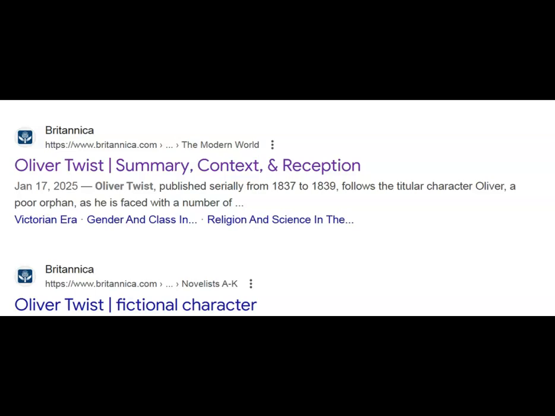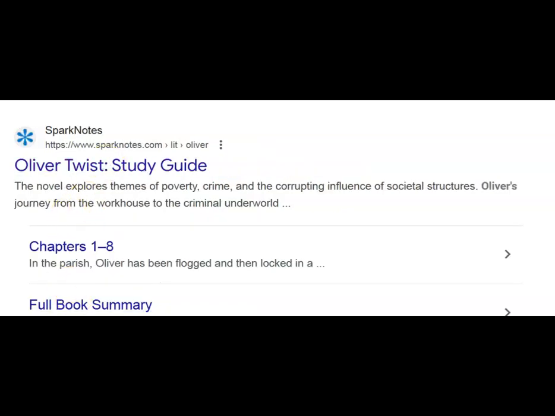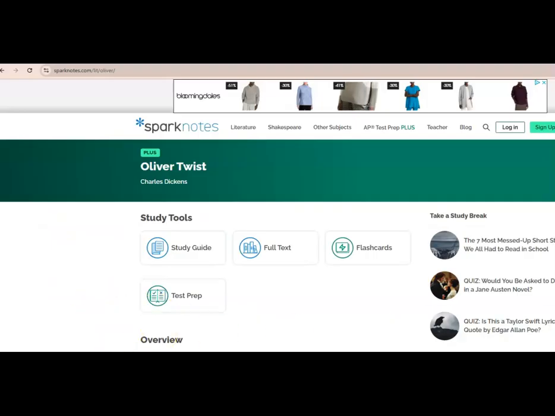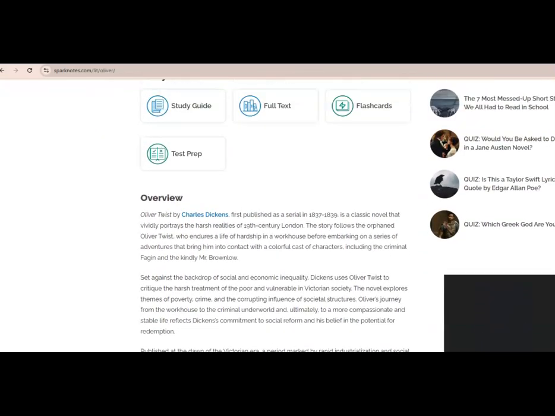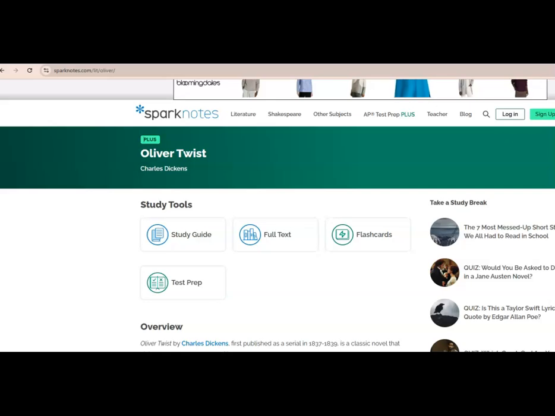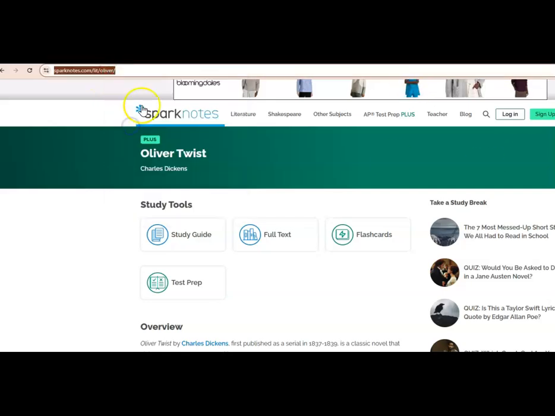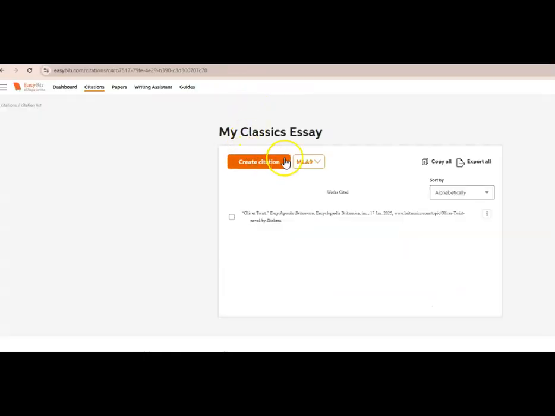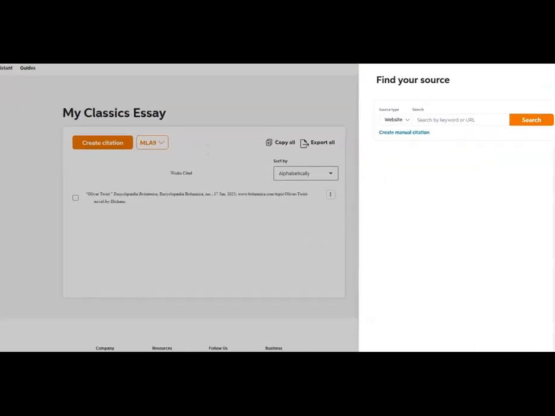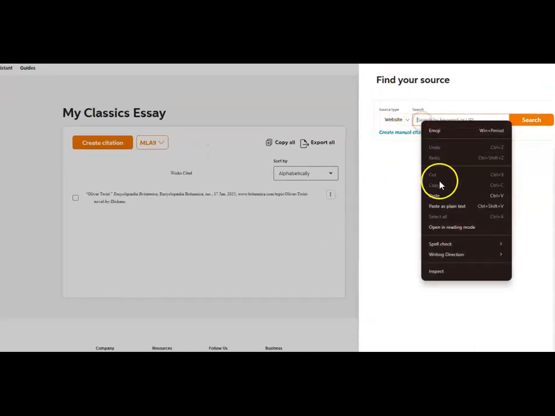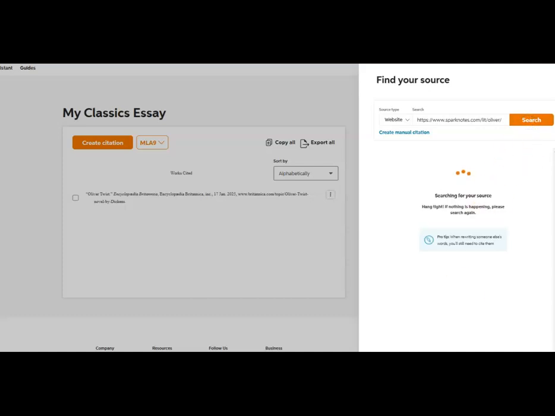Let's do that one together. So I'm going to click this, and I can look at the overview and all that information and study anything I like. I won't be able to quote it, but I can study it if I like this format. All I want to do is go up here and we're going to copy this. We're going to go over to our EasyBib, create the citation, go over here, and we're going to paste that here, let it find it,